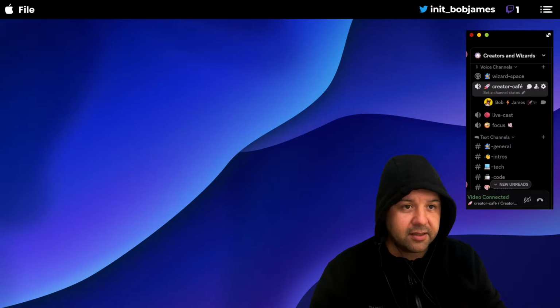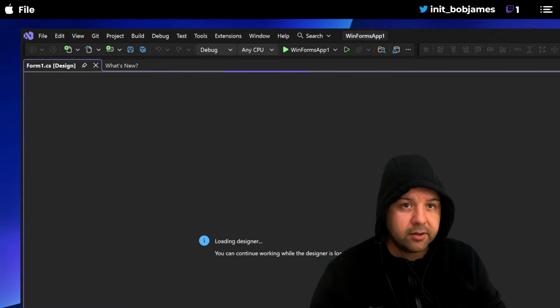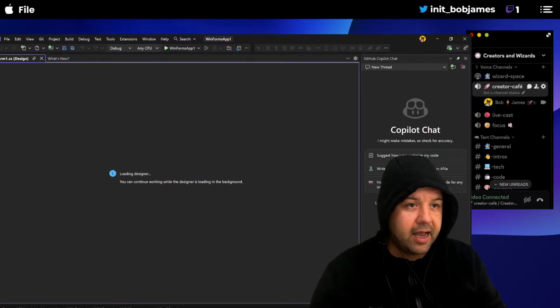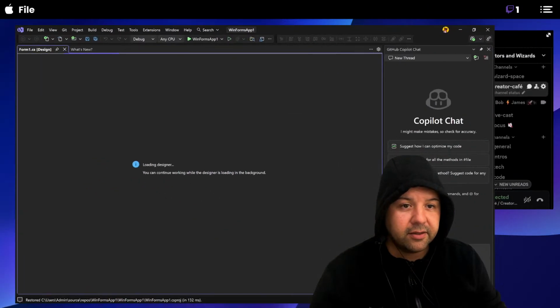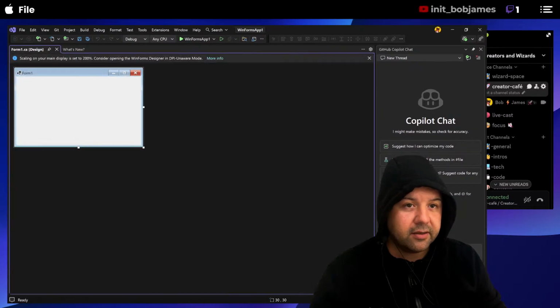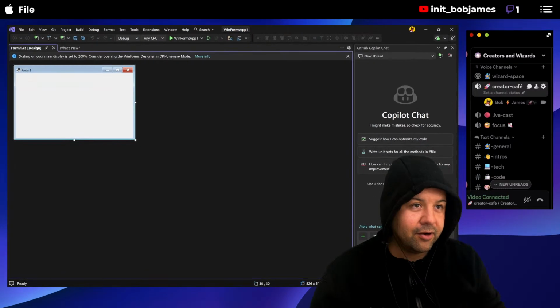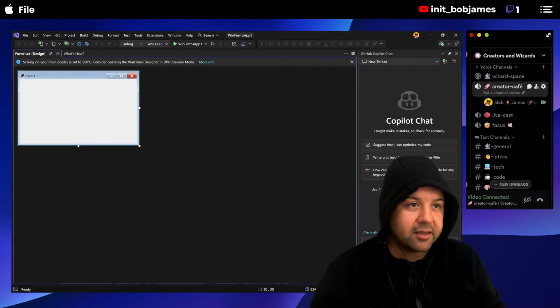Waiting for IntelliSense. So let's switch this window back to this one and align it here so you can see it. We have an app. Okay, just for context,